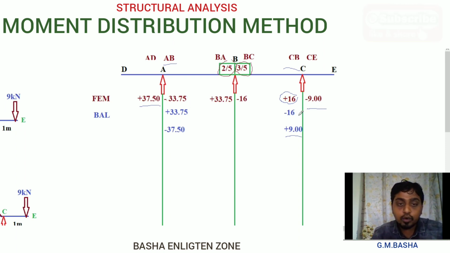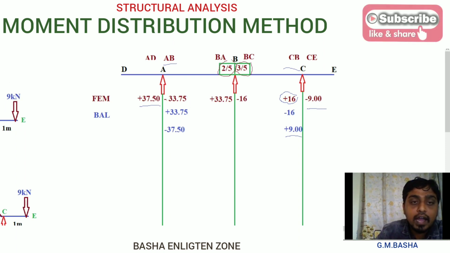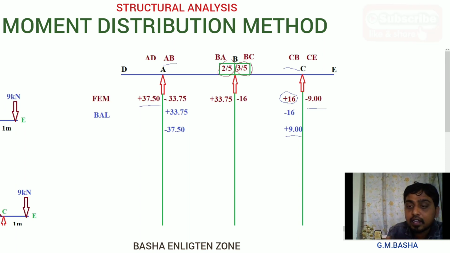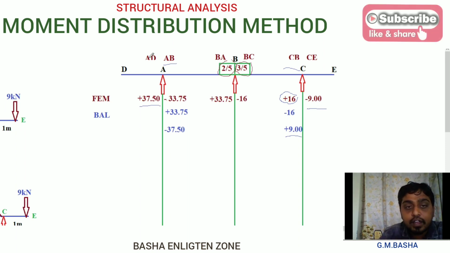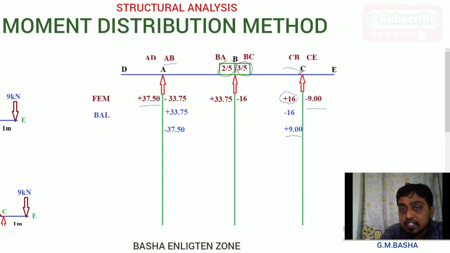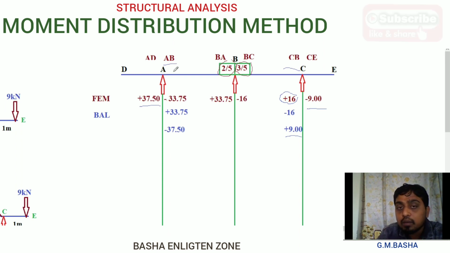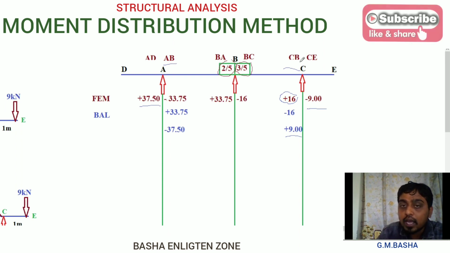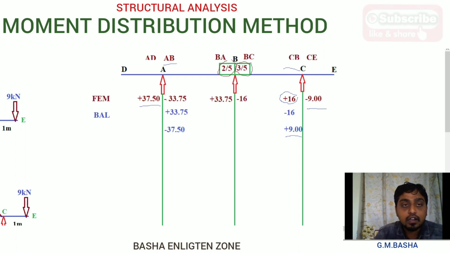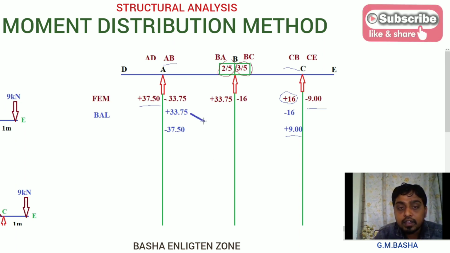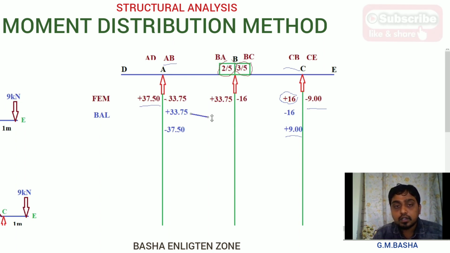And the next step you have to do is take down carry over. Whatever the moments taken here, you please carry to its other end. For A you have to carry to B. Similarly for C you have to carry to B. So in the concept, for AB you have to carry the moment to BA. Similarly for CB you have to carry the moment to BC. In the carry over step, I am carrying exactly half of the moment. I already explained that point in the last lecture itself. I am carrying that moment to the other end.